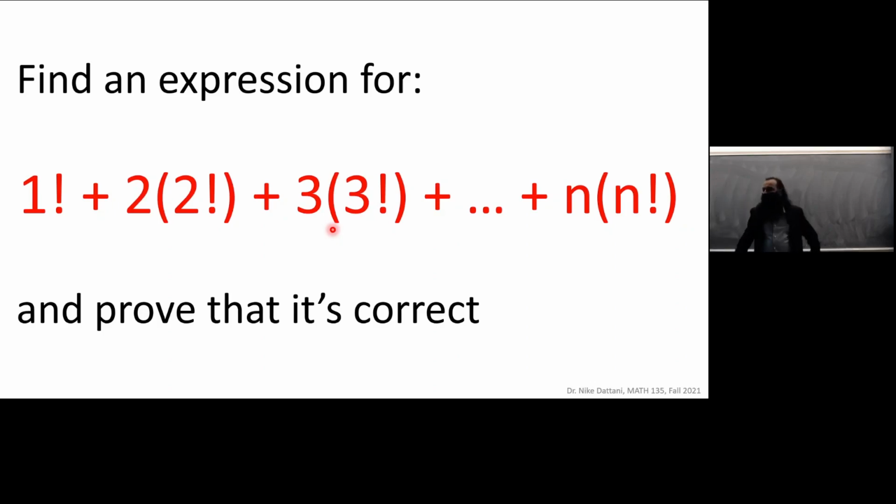Okay, on the slide I have a Math 135 question. So have you guys had a chance to think about it? Anyone think they have the formula? Yes, Paige? Okay, I did summation notation. Okay, but summation notation isn't enough. If you just write that as the sum of k times k factorial from k equals 1 to n, I think that's not enough